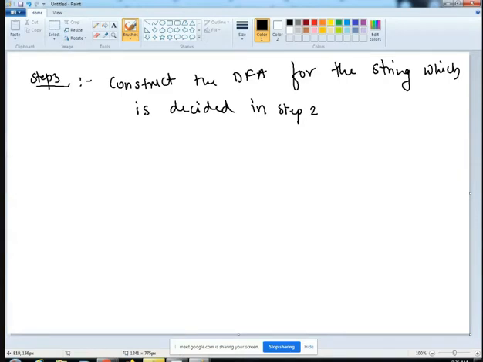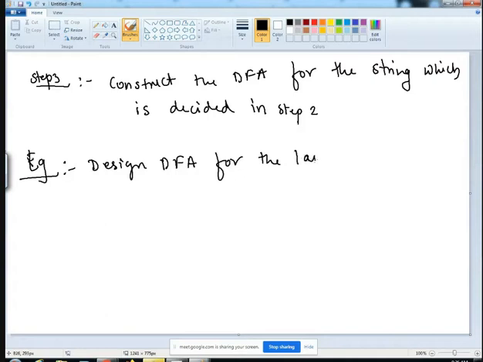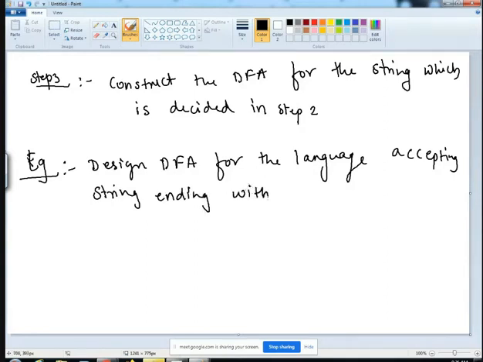Let's now take a simple problem for the same. Now if I have to design a DFA, for example, I'll write down: I need to design a DFA for a language accepting strings ending with 0 1.